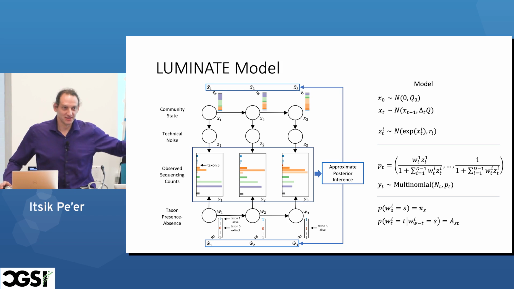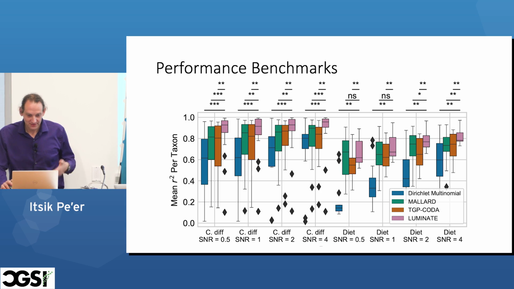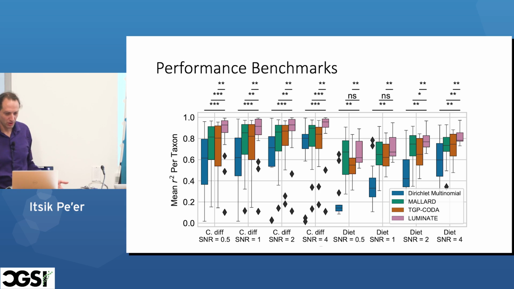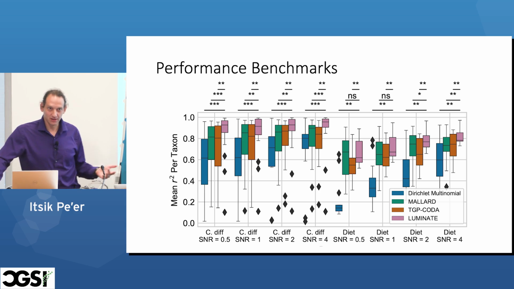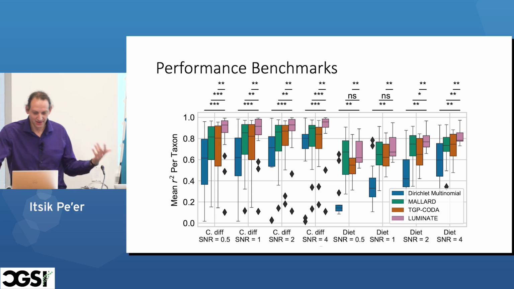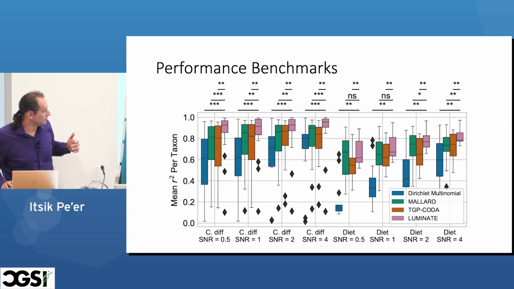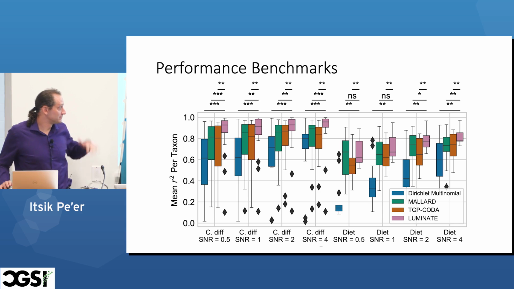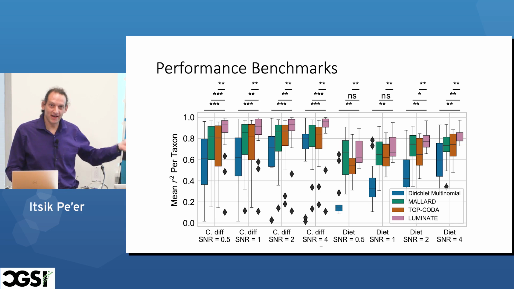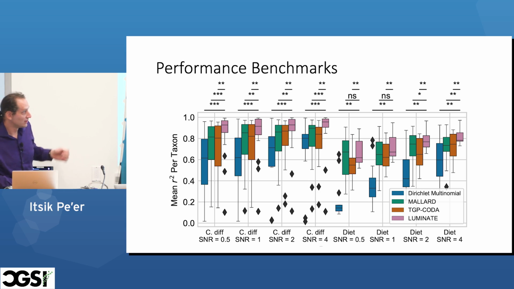Beyond that, I'm not going to go into the details of the method. So let's just convince you guys that it's actually working. This is R squared between the ground truth data and the inferred trajectories. Higher and closer to 1 is better. Blue is a straw man model that doesn't have any connection between the different time points, just a Dirichlet prior multinomial.